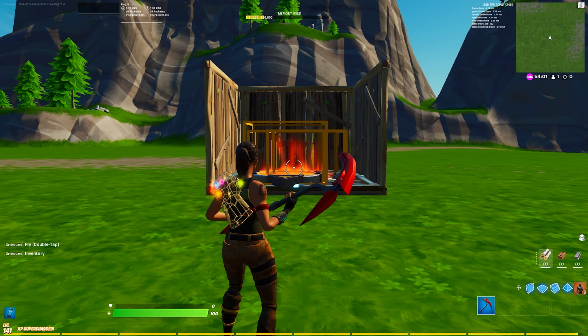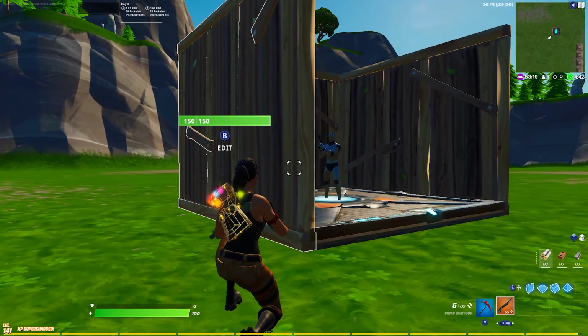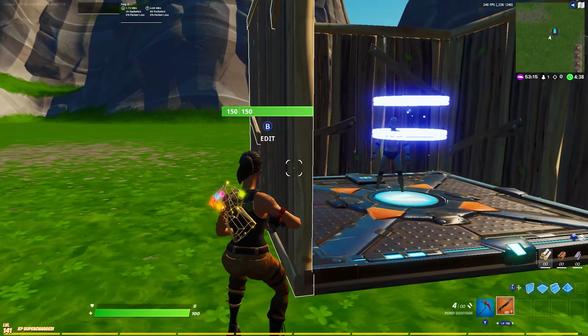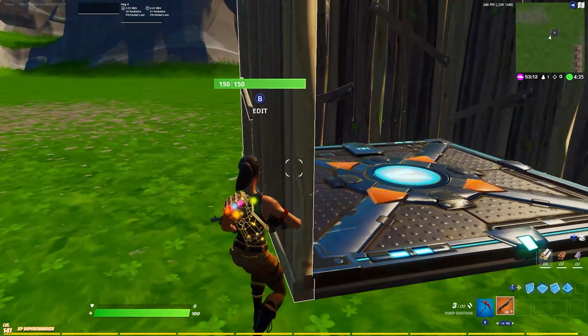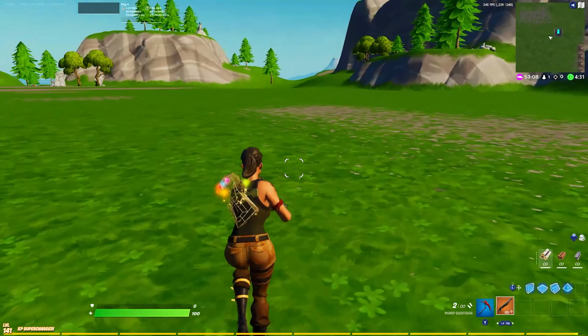And now you're going to want to start your game. And once you've started your game, as you can see, the bot will spawn in the middle, but as you kill the bot, it will move to different places on the platform. And that is how you get a moving bot in